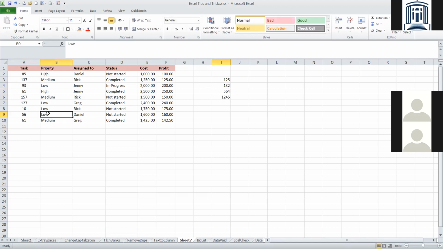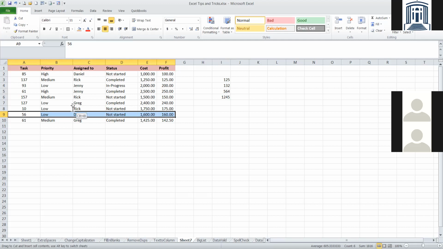Supposing I just want to move this up. I don't have to insert a space, and I don't have to Control X and Control V or any of that. All I have to do is press down the Shift key, hold down the Shift key, and then take your cursor and notice how it changed into a plus sign with 4 arrows, and then just drag it